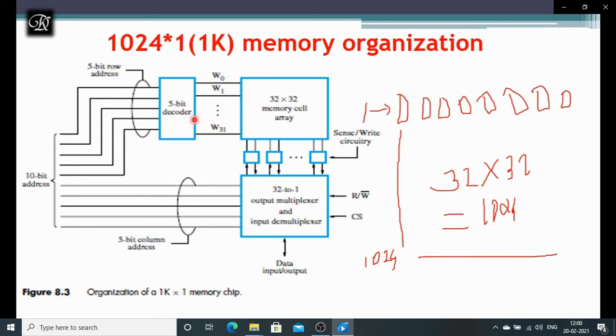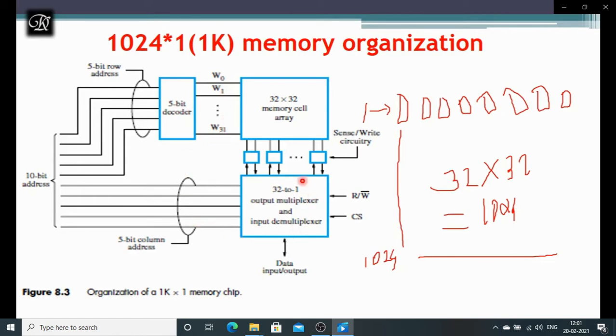Now, when it comes to the address, we have a 5-bit decoder only to recognize the word lines 0 to 31. I'm having word lines 0 to 31 and columns 0 to 31. A word is nothing but a row in our square matrix, and an individual cell is nothing but a column over here. Now, if we use this address decoder, in a given time only one word line can be accessed.